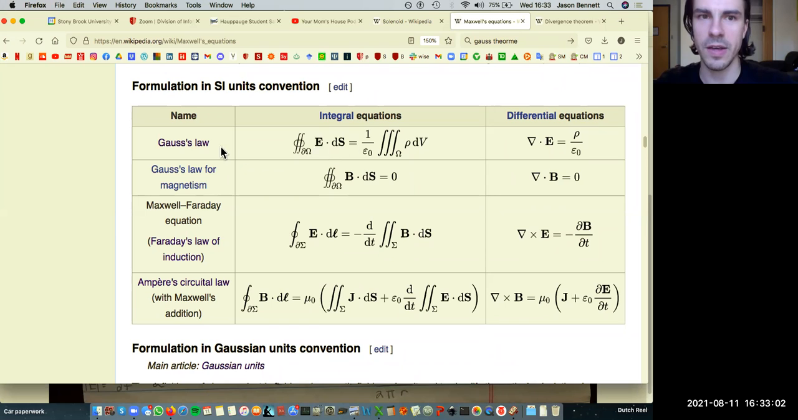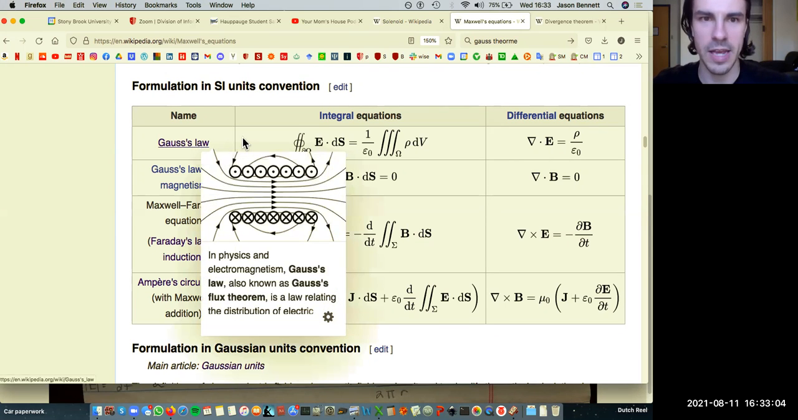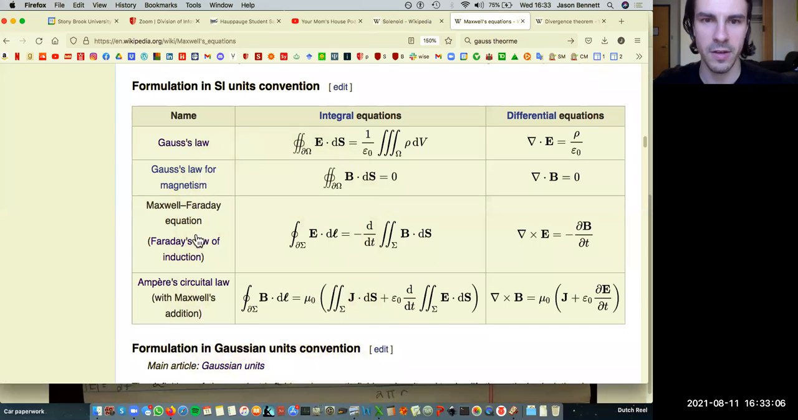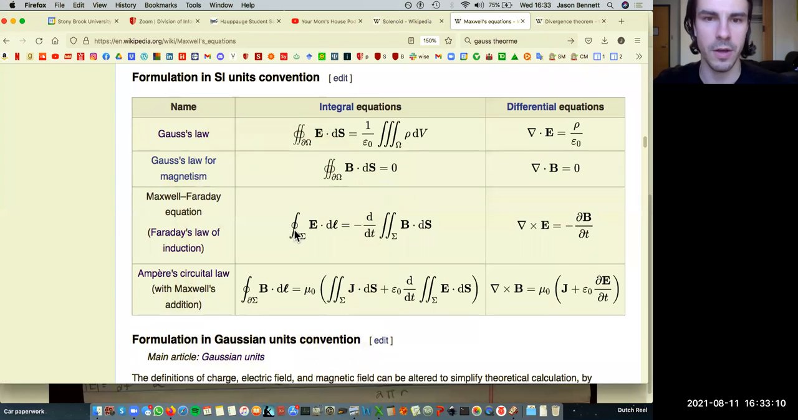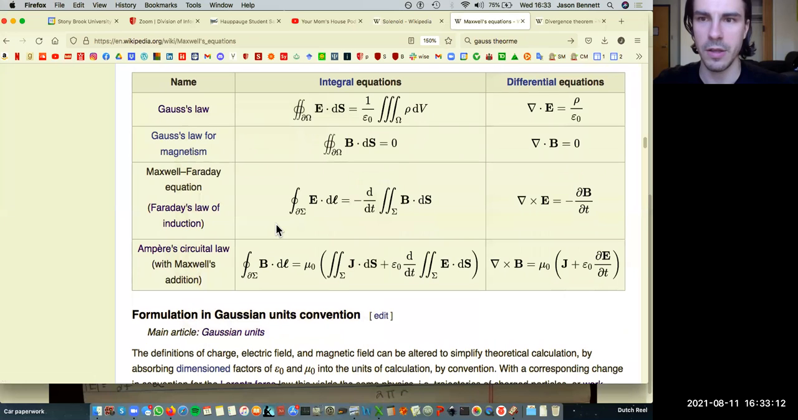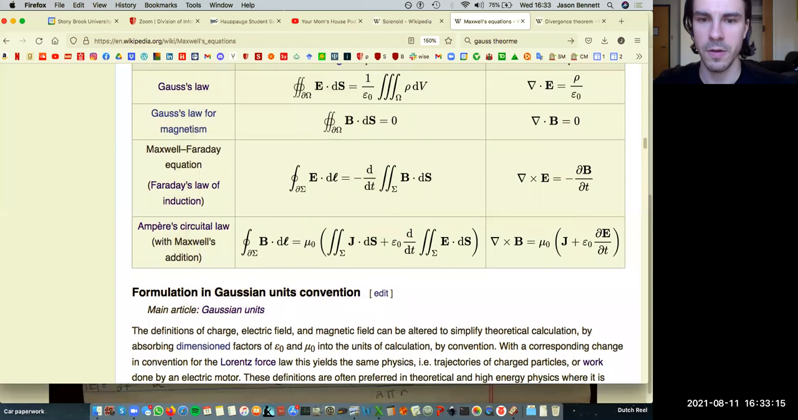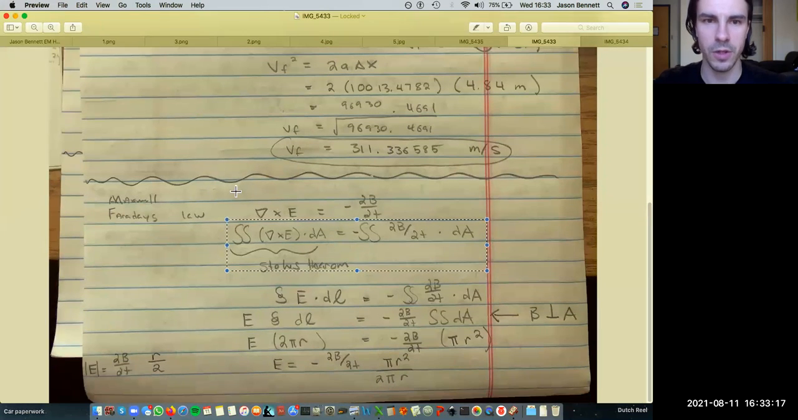So this one's Gauss's law uses Gauss's theorem, and Faraday's law uses Stokes's theorem. Okay. And then, a little bit more math here. I'm starting with this equation, which